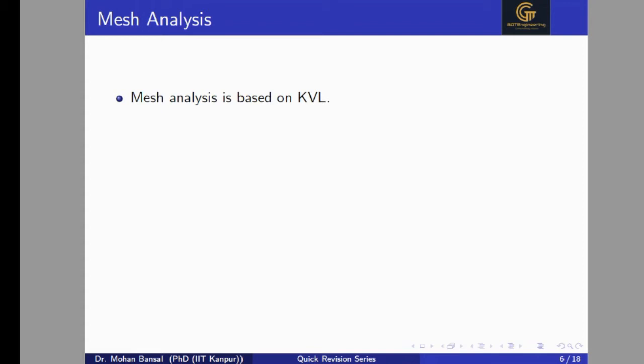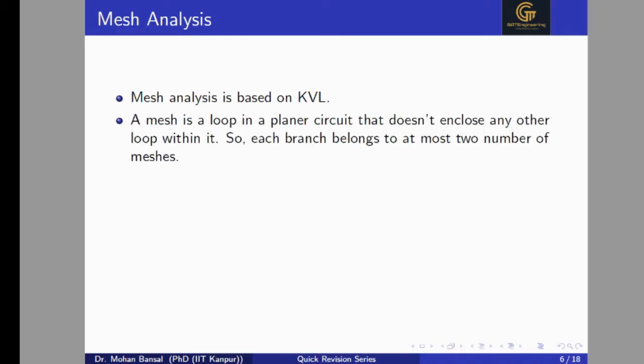Without mesh analysis, we can't find out the current and voltage. I mean, it is very difficult to find the voltage and current in a slightly complex circuit. So mesh analysis is based on KVL. We apply KVL in the loop, but it has some conditions. A mesh is nothing but a loop in a planar circuit that doesn't enclose any other loop